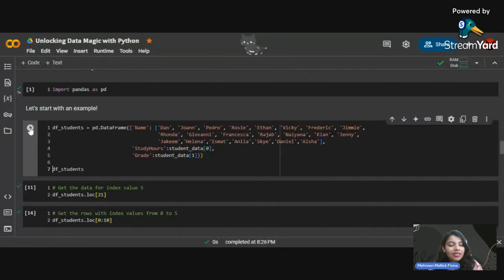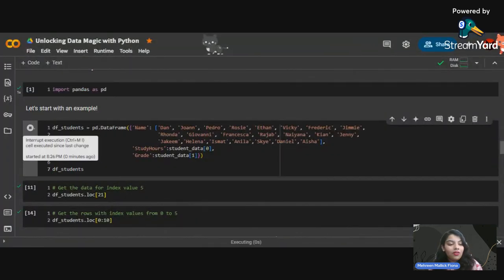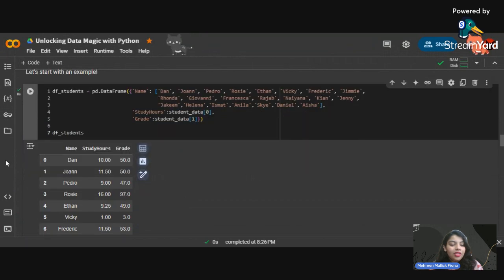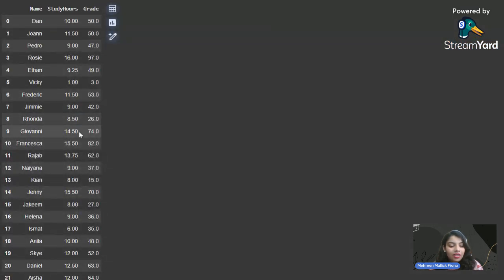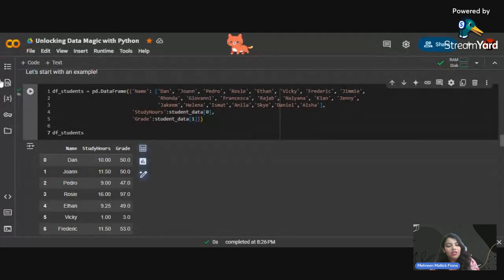Now let's run this and see whether we get a table or not. As you can see, we are already seeing this table. So let's see in full screen, there is a table of maybe 21 data rows with their study hours and grade, and 0, 1, 2, 3, 4 are the index here.